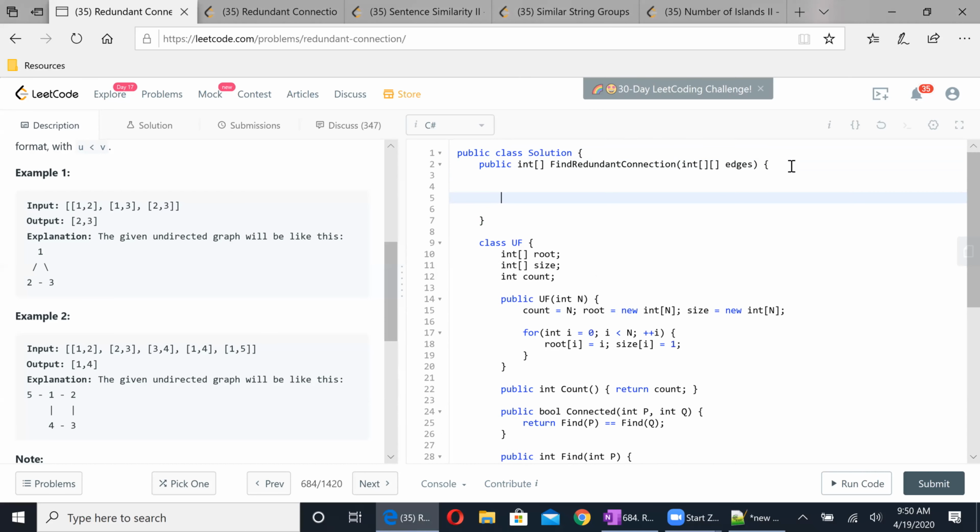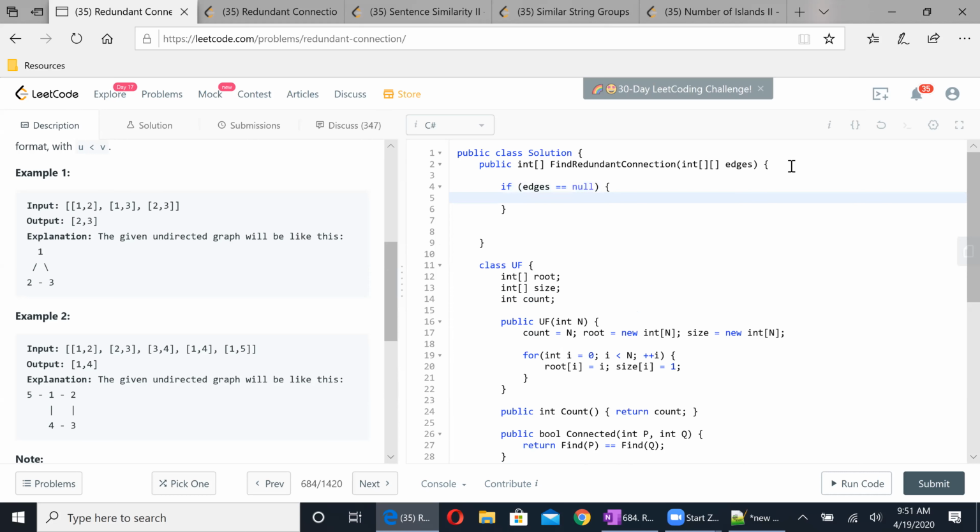Okay, awesome. So my first requirement is that I need to find the n. Maybe I'll just get done with some null checks or things like that. But the main part is... okay, I'll give you some hint here. Whatever you're doing, probably that also. This condition definitely we need: if edges are null then I maybe just return null. I don't know, it doesn't really matter. That's fine. But I would suggest that if